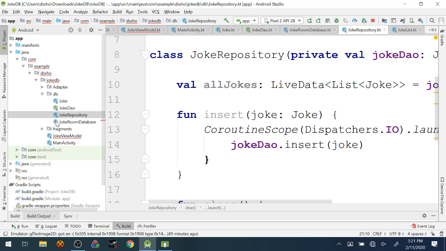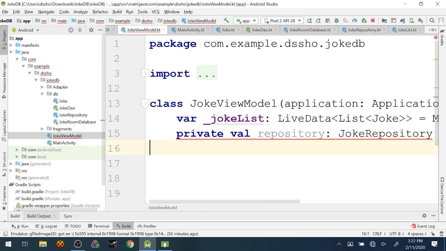So our repository is done. I think our next stop is, in fact, the view model. Where is my view model? Here it is. The view model is going to be set up in a very similar way to our prior view model. It's just going to have a few calls down to the repository, right? Again, it knows that if it wants data, it can go to the repository. It doesn't know whether it's a part of a database or an API or some other kind of thing.